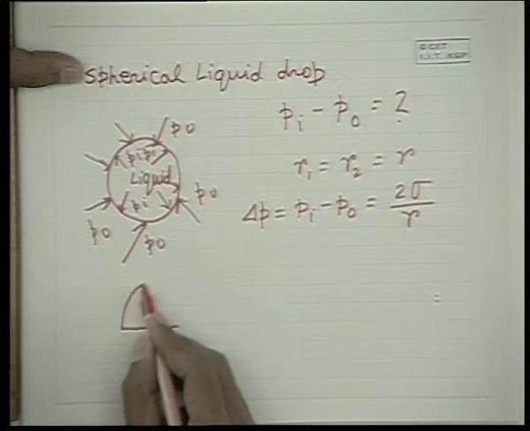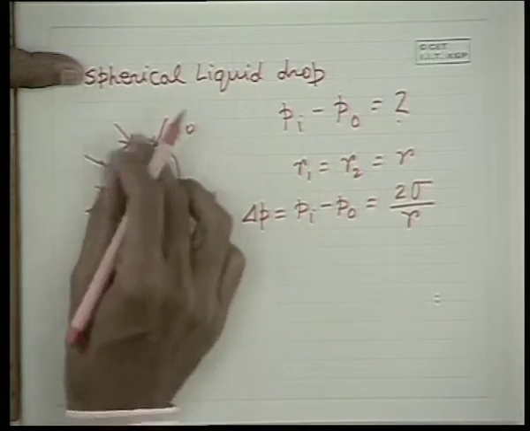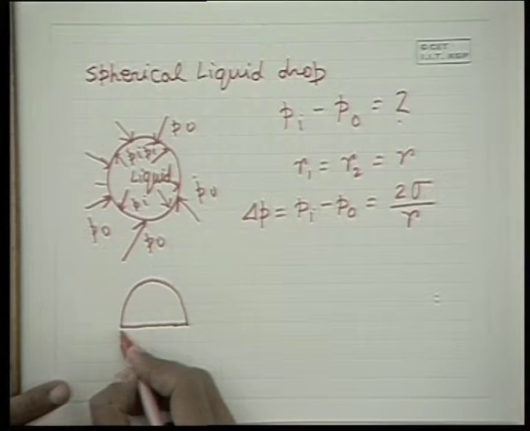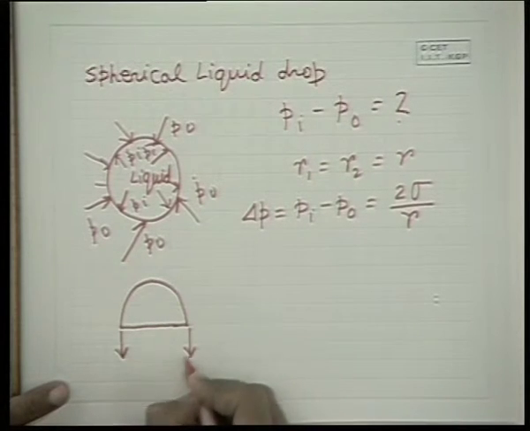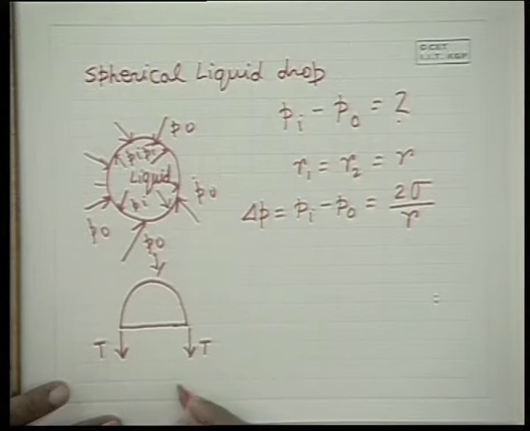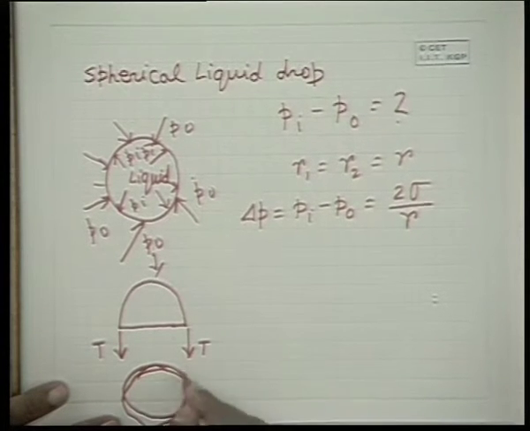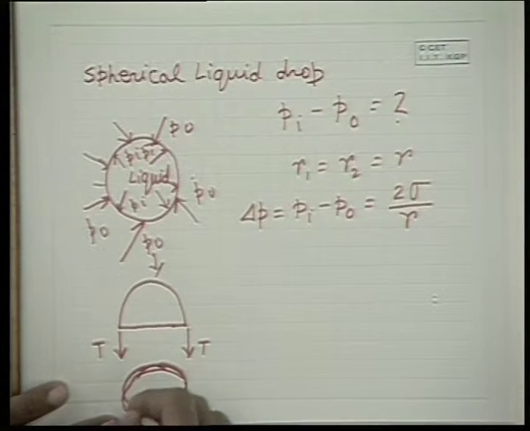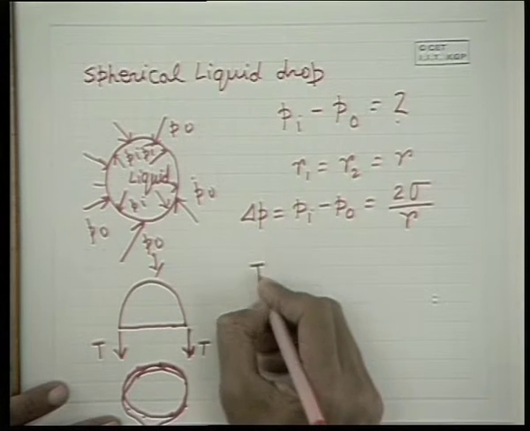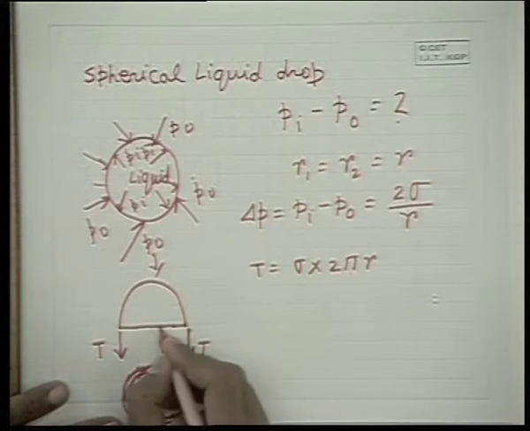This of course can also come from simple fundamentals without using the formula. You can see how the forces act, and you cut the surface. Then you take a half liquid sphere as a free body diagram. Then we can understand that here the surface tension force T acts throughout the periphery. If you see from the top view, through the entire periphery the surface tension force is acting, and this value of T is sigma into 2 pi R, if R is the radius of the sphere.